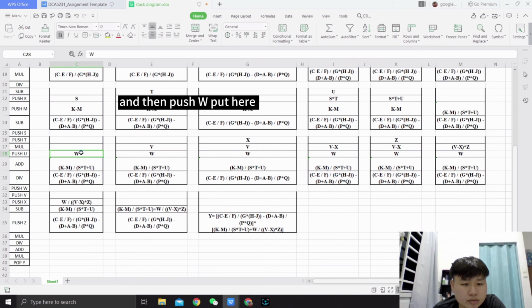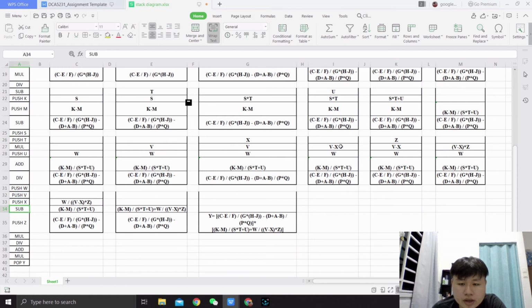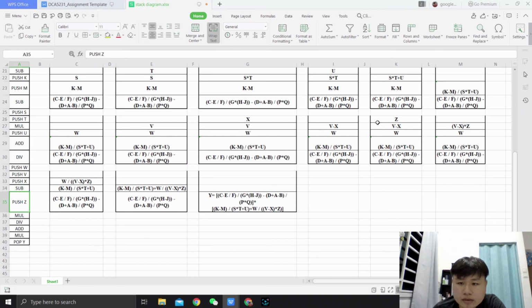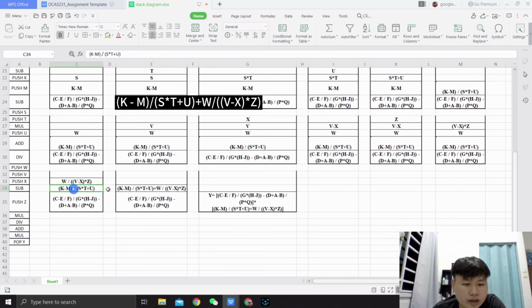okay, and then push W, put here, and then push V, here V, push X, put here X, and then subtract, take V subtract X, and this one, and then push Z, put here Z, and then multiply, we take V subtract X multiply Z, and then divide, we take W divide V subtract X multiply Z, and then add, we add this K subtract M divide S multiply T plus U, add W divide V subtract X multiply Z,